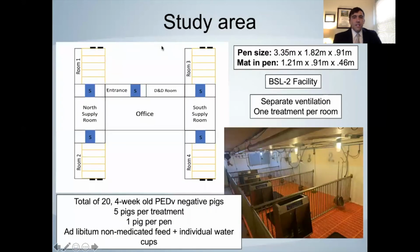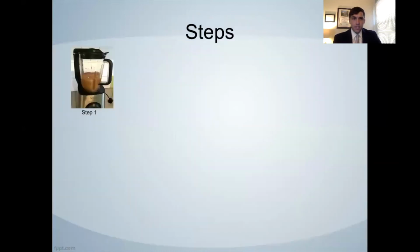The study was conducted in a BSL-2 facility with a central office and a shower between each room. There were 4 different rooms with 5 individual pens each, and each room had a different treatment. For the bioassay, I used a total of 20 pigs, and they were 4-week-old PED-negative pigs prior to entering the facility. They were fed ad libitum non-medicated feed, and they each had an individual water cup. The steps of the study: